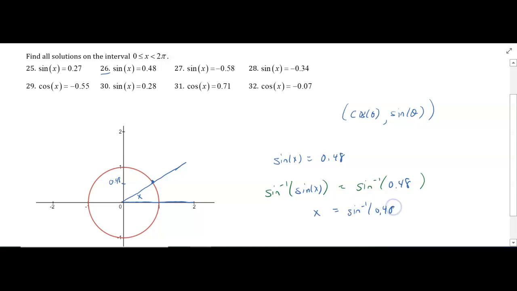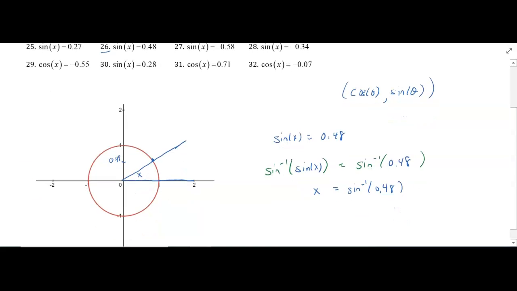I'm going to round to 3 decimal places for the purposes of this video, and if we're asked to do something different, we would do that. That's going to be one of our answers. That's the angle that's drawn there. Let's compute that. And then to get the other one, we're going to need to use some symmetry, and what we know from the definition of the sine and cosine. If we compute this with a calculator, we're going to get that x is approximately equal to